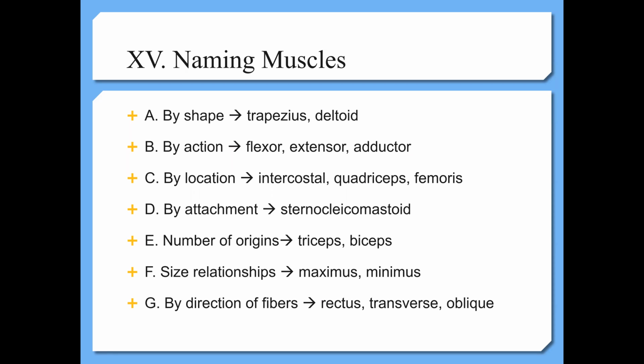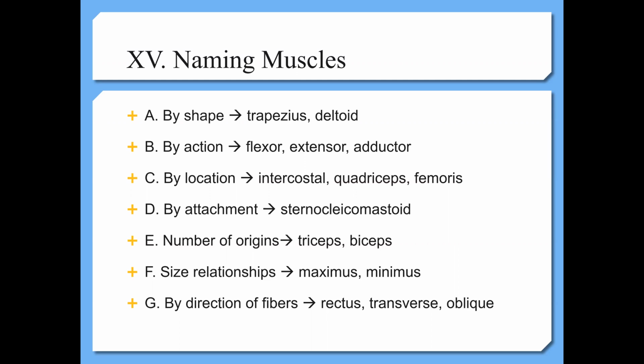But they name muscles by shape, like deltoid and trapezius; by action, flexion, extension, or adduction. Remember abduction and adduction. Abduction, because they sound so alike, is moving away from the midline. Adduction is moving to the midline. Okay. By location, intercostals, quadriceps femoris. Okay. By attachment,